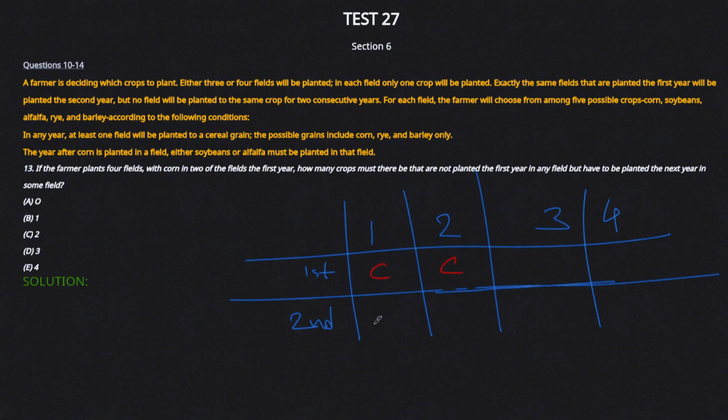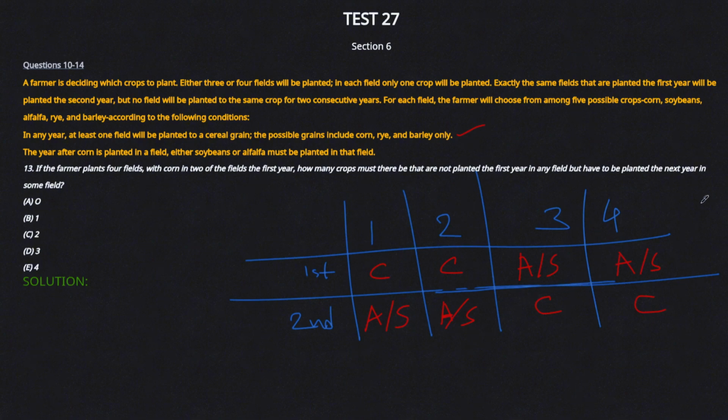So we know if we plant corn in the first year, we need to plant either alfalfa or soybean the following year. So I'll just do this. And now, as I said, I like proving that similar types of crops can be planted both years. So to balance out the alfalfa and soybean here, I'll plant alfalfa or soybean here, as well as alfalfa and soybean here. And then to balance the corns out and to fulfill this criteria, I'll plant corn here as well as corn here. So it checks out all the criteria, and